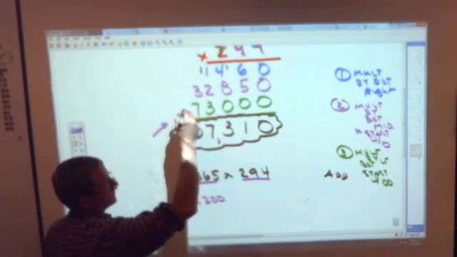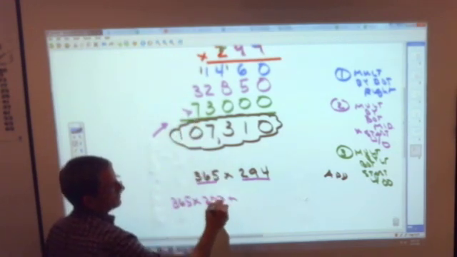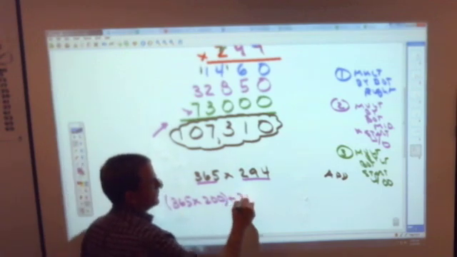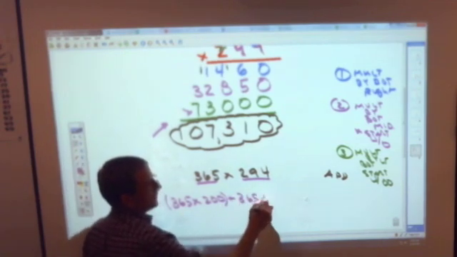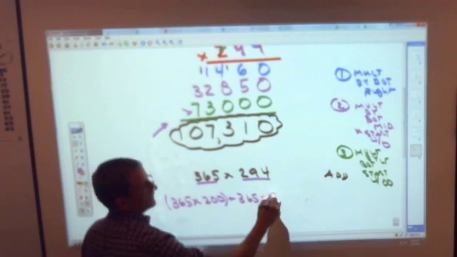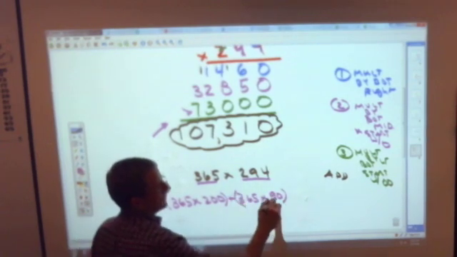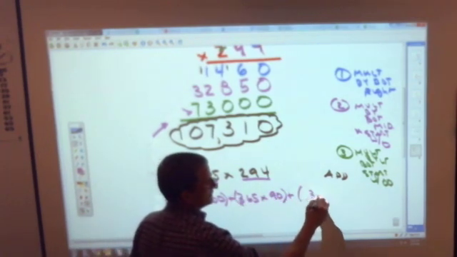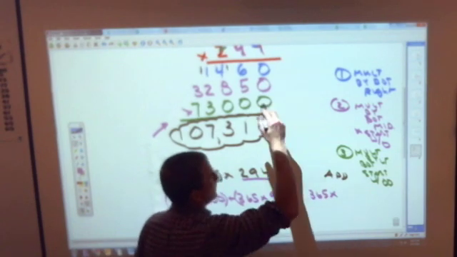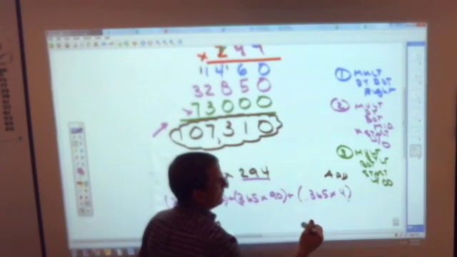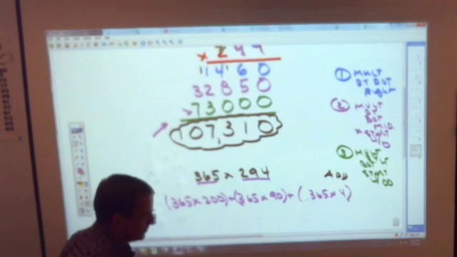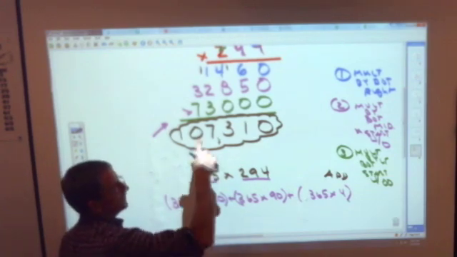That's what we did right here. To that, we are adding 365, multiplying it by this 9, which is 90. And to that, we're adding 365 and multiplying it by that 4. This is another way to do the problem, another way to write it, which is really what we did right